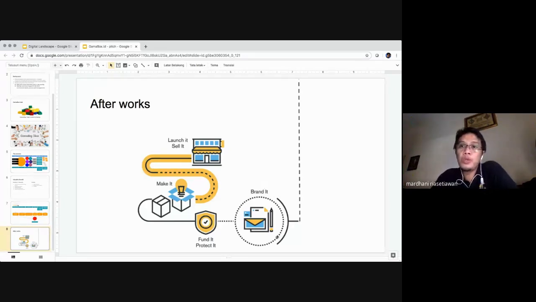You need to communicate your product and your idea to the community in a smooth way. You don't need to do a hard campaign, saying your product is better than another product, but you need to educate the market first. What is your product, how does it work, why is this important, why is this needed by the community, and so on. And you need to brand your product with a logo and a cool name.